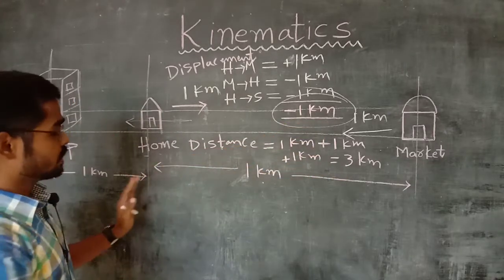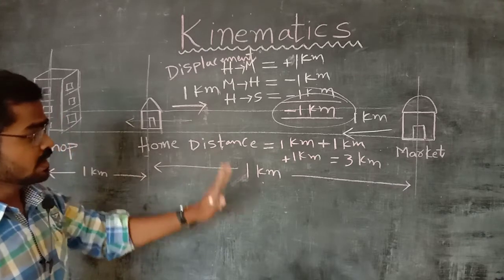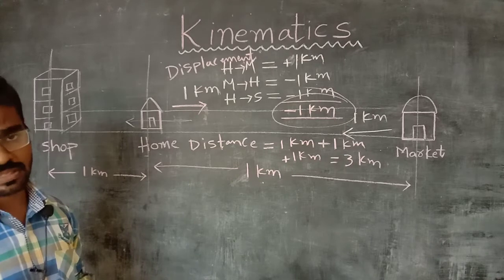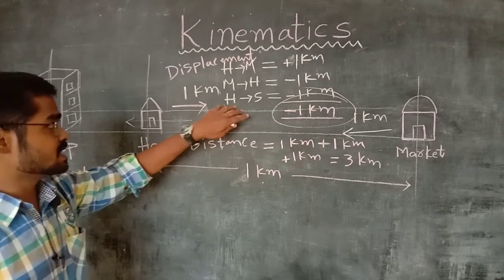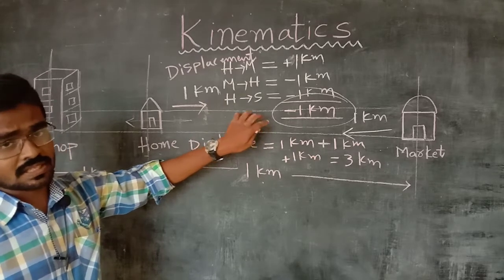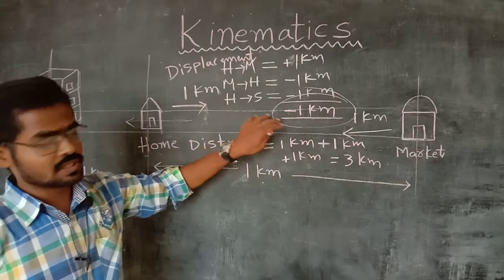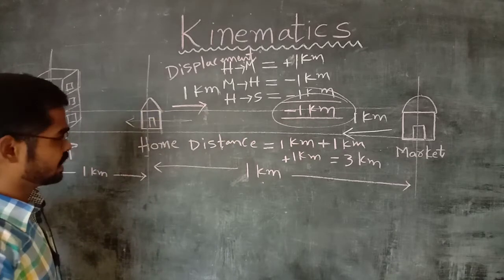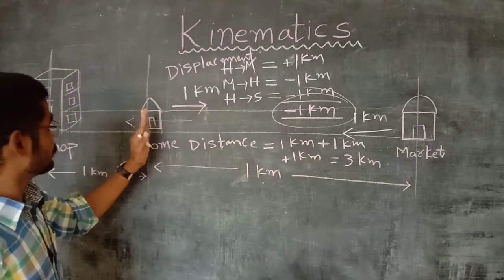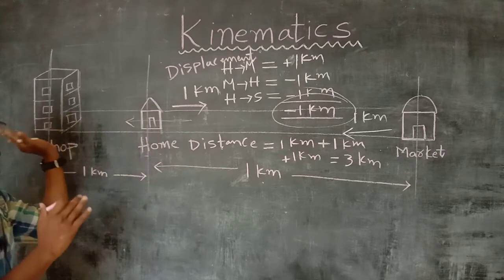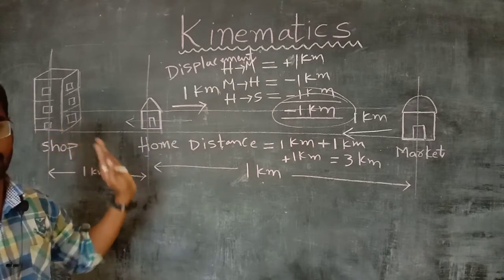So here whenever you are talking about a path length, distance gives us the proper idea how much path length a person has covered, whereas displacement is calculated by using directions. It is a vector quantity. It just tells you from where you have started and where you ended. It means that the person is now at this instant 1 kilometer away from his house in the left direction. That is the meaning of this.